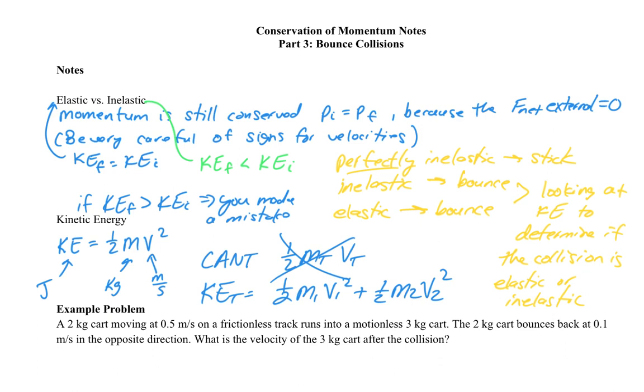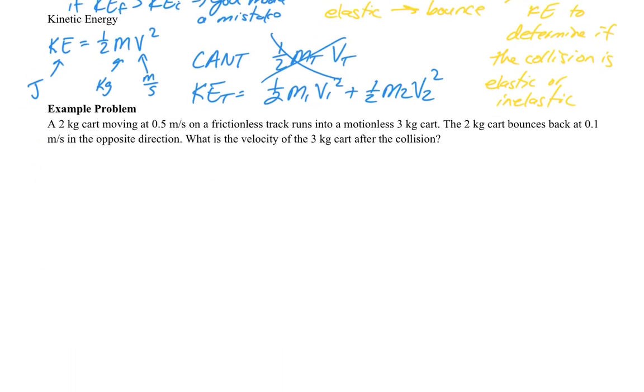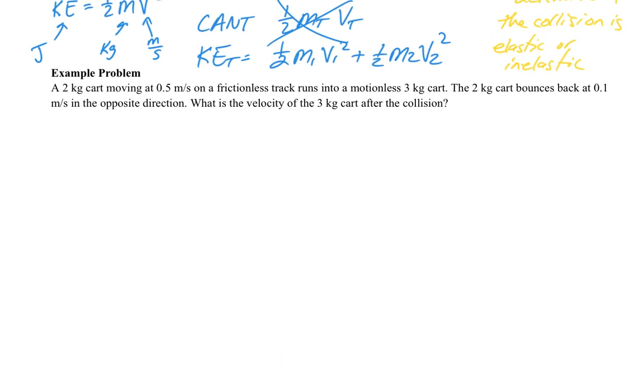All right, so let's go ahead and let's try a problem. And the first thing we're going to do is read it, and then we're going to draw it. So we have a 2-kilogram cart moving at 0.5 meters per second on a frictionless track, and it runs into a motionless 3-kilogram cart. So I'm going to go ahead and I'm going to draw this. So here is my cart, and I'm going to call that cart number 1. And it's moving along, and I'm just going to put right there that it's 2 kilograms,